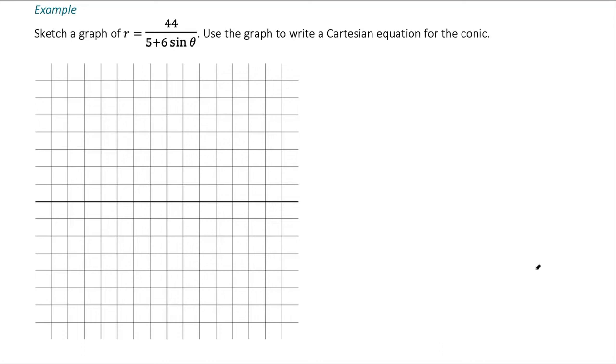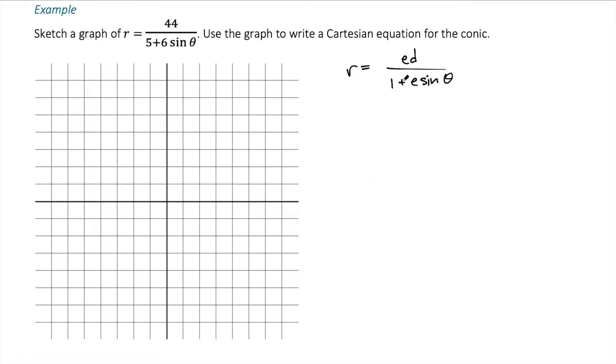Sketch a graph of r equals 44 over 5 plus 6 sine of theta. Use the graph to write the Cartesian equation for the conic. So in this problem, we should recognize this as a conic, and the standard form for a conic in polar form is E times D over 1 plus E, and then either sine or cosine